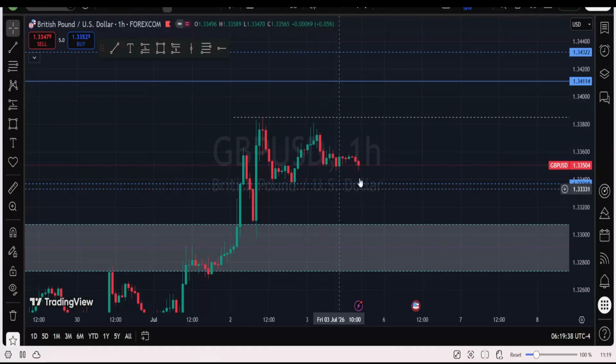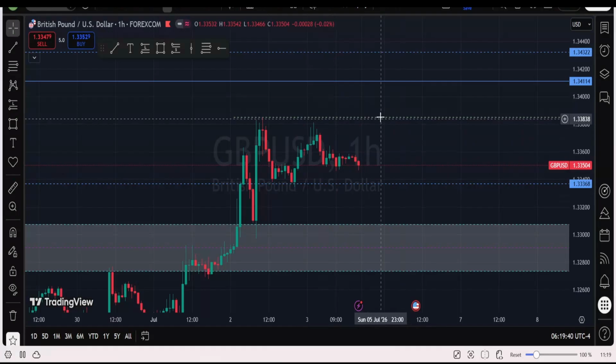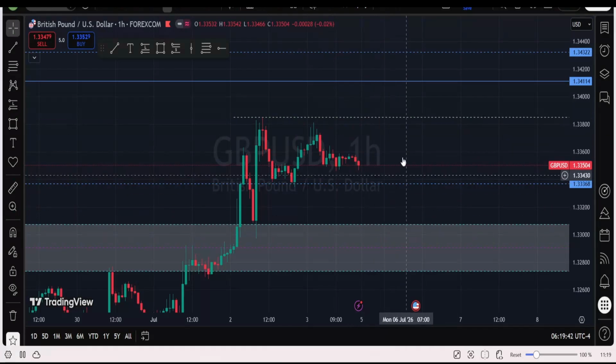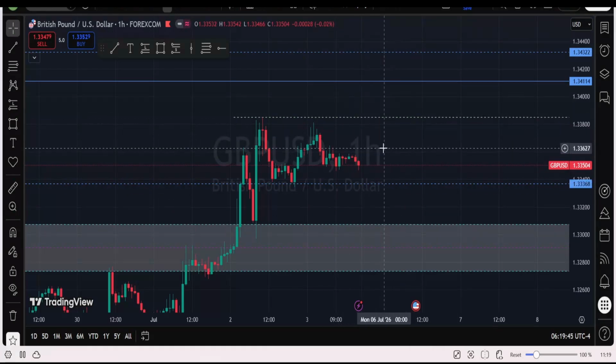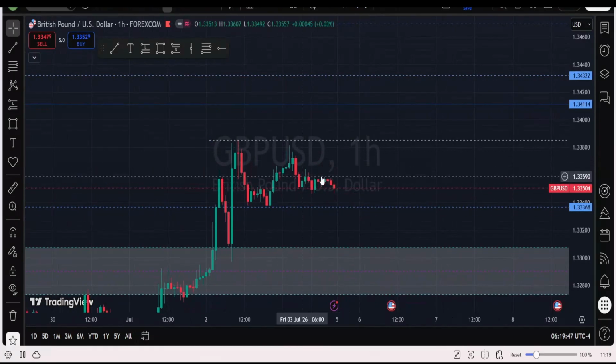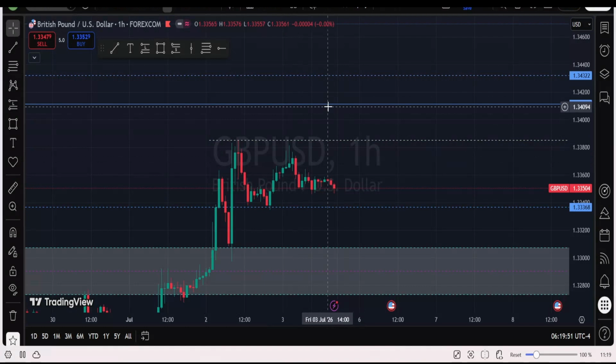Our narrative remains: we want to see this level being run out to give us a reason to sell the market. Until then, we watch and see what the market is going to do. Market is at a place where it should or might sell a bit. But price has room to also get to this other block, which is an order block on the daily time frame. So what does that mean?